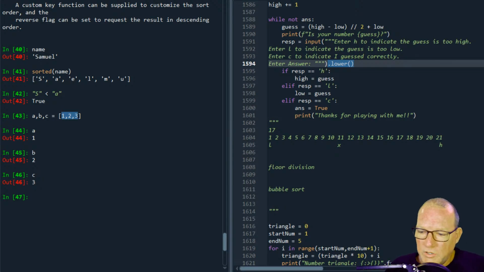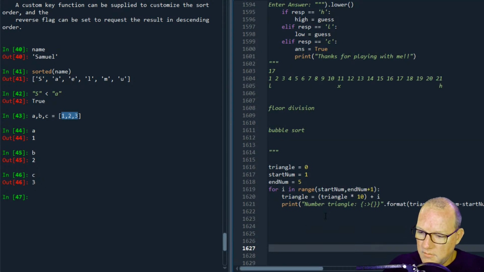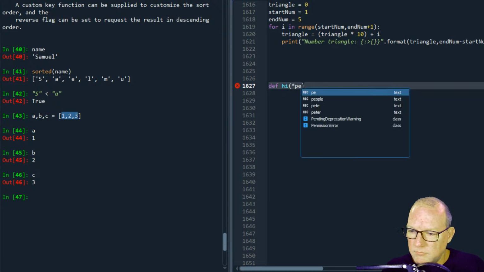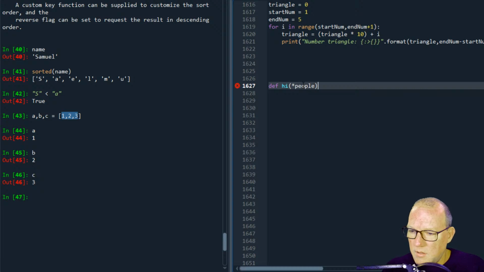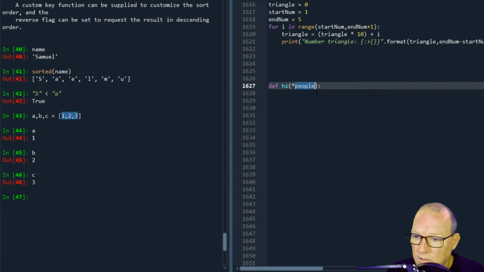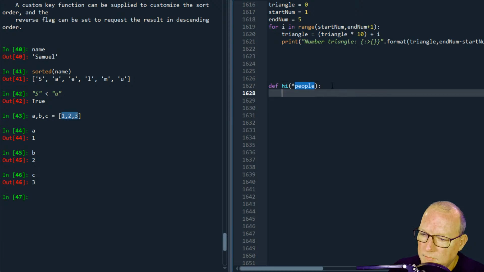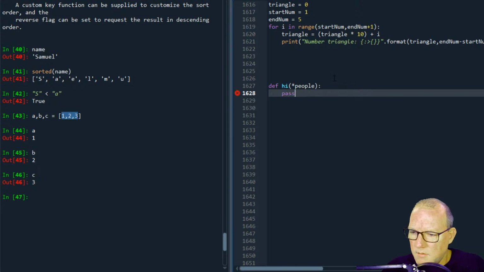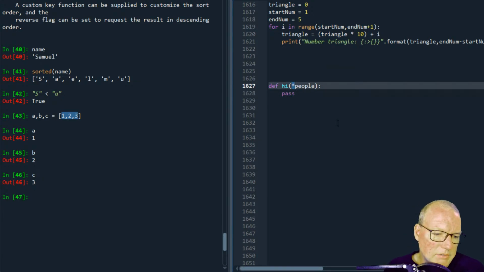So when you create a function, it'd be this, hi, and then I'd pass in people. This is still args because of my single asterisk.